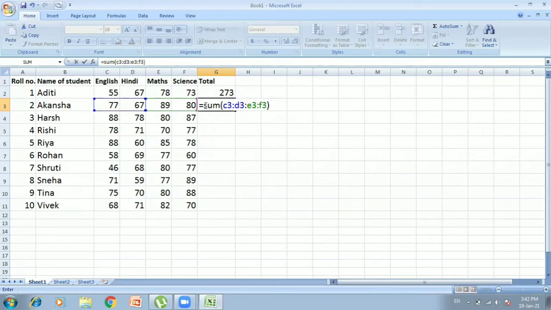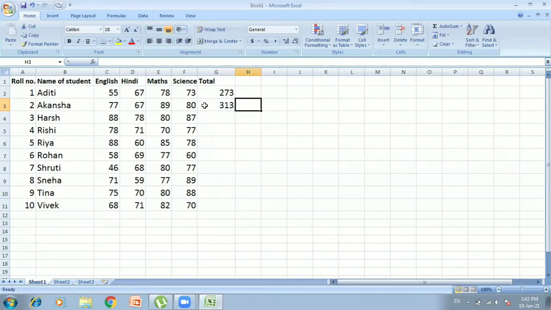I'll close the bracket. I'll press the tab key. So the girl named Akansha scored 313 out of 400. Okay, children. So this way you can apply the formulas to the given data.